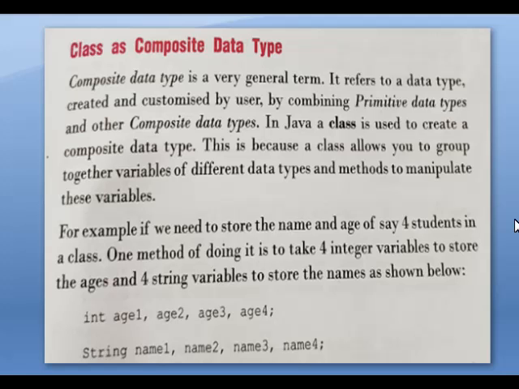Composite data type is a very general form. It refers to a data type created and customized by the user. Okay, it is created and customized by the user. So it is by combining the primitive data types and other composite data types. So in Java, a class is used to create a composite data type. This is because a class allows us to group together variables of different data types and methods to manipulate the